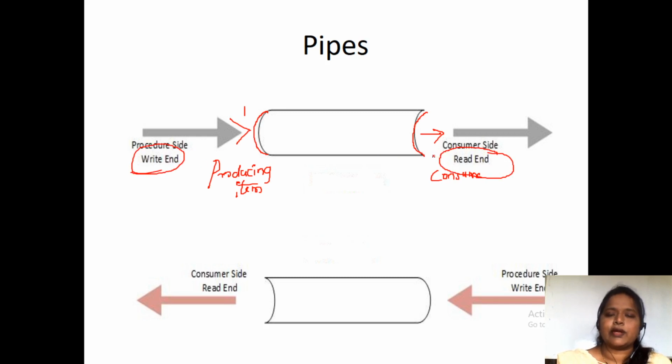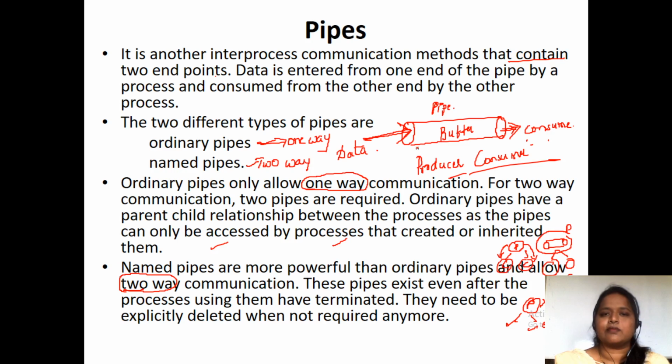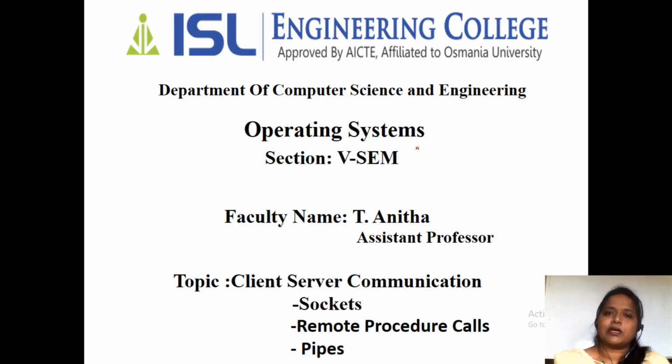So we'll be going to have this producer consumer problem in detail. This is how we'll have the relationship between the client and the server, like how the client and the server are going to communicate. In the last class we have seen regarding the IPC. In IPC we make use of message passing, right? By making use of message passing, we contact the client and the server.